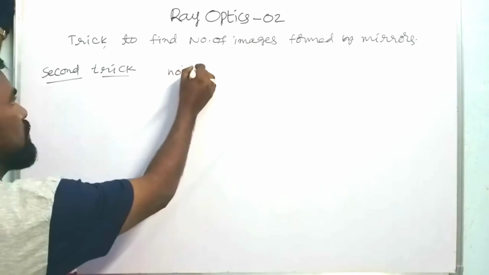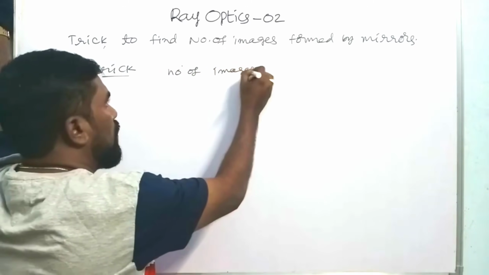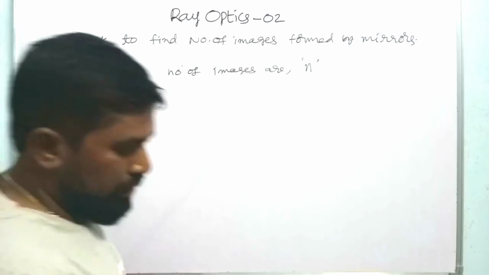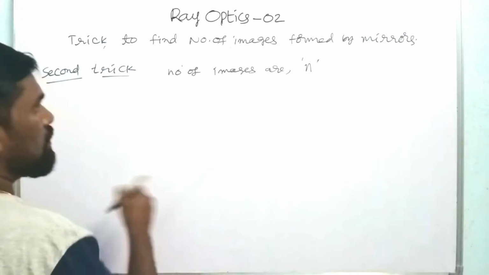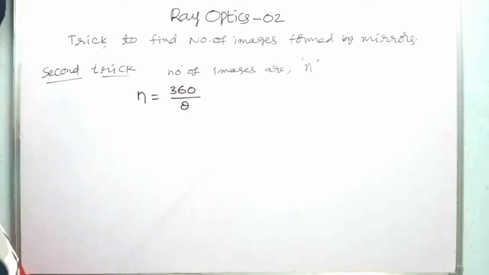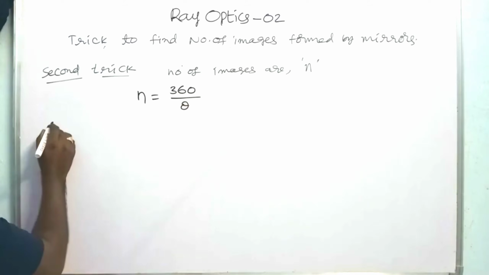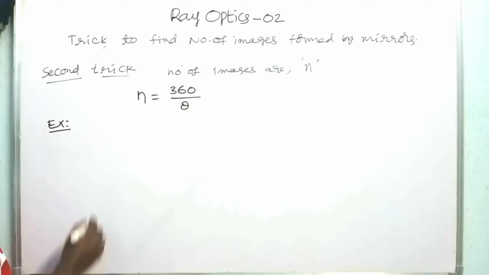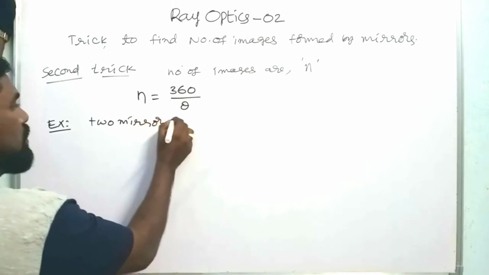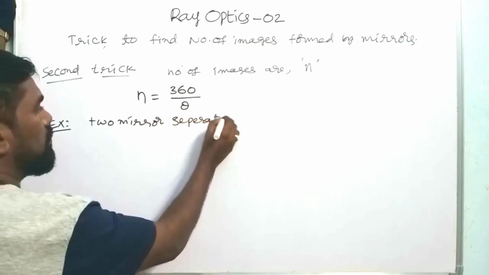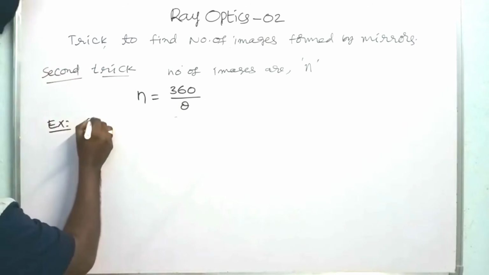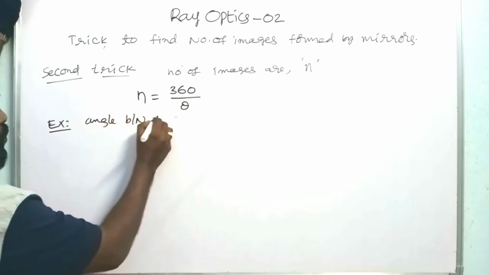Number of images are n. And n is equal to 360 by theta, where theta is the angle. First, suppose two mirrors are separated by an angle. The angle between two mirrors is